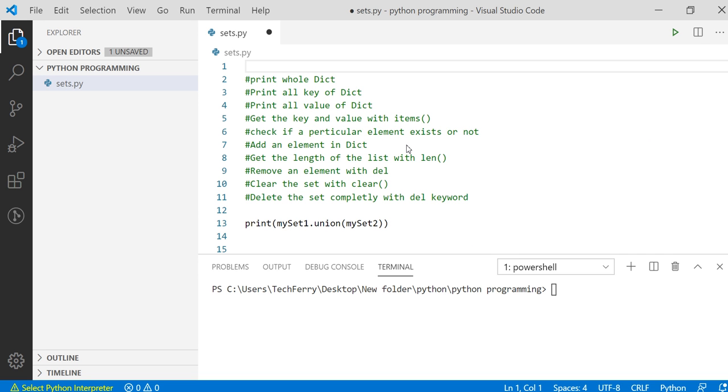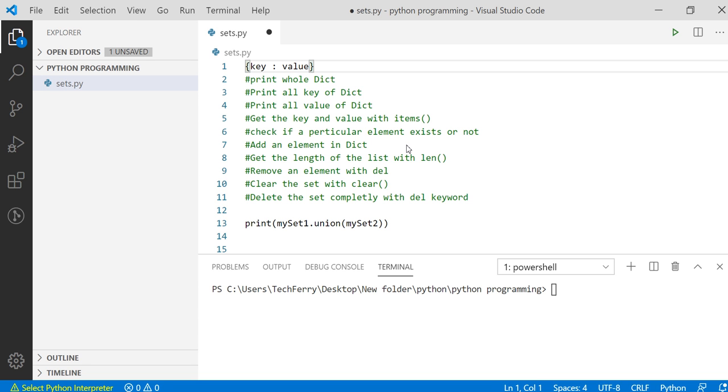So first of all, we'll learn about what a dictionary is. If you look at the real life example, the meaning of a dictionary is that we have a key and an associated meaning or value. We define a dictionary in Python the same way we define a set, but with some difference. In the case of a dictionary, again we define it with curly braces, and we have a key and value